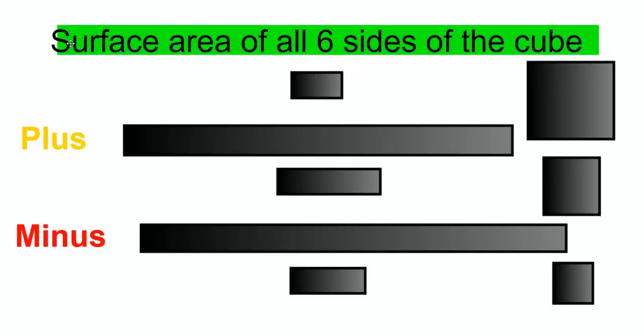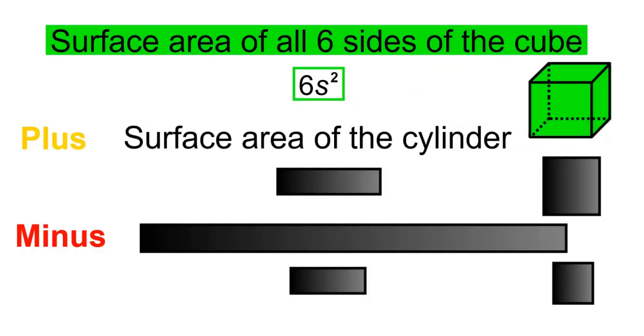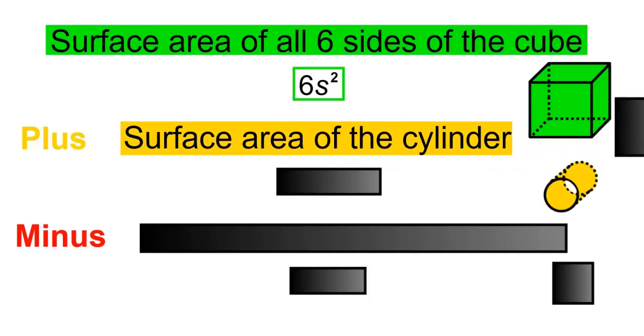First, find the surface area of all 6 sides of the cube. One side would be side times side, or side squared, and there's 6 of them, so the expression will be 6 times side squared, plus the surface area of the cylinder. The cylinder cuts through the cube,